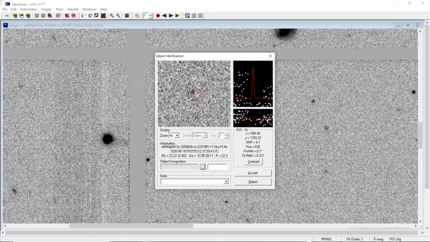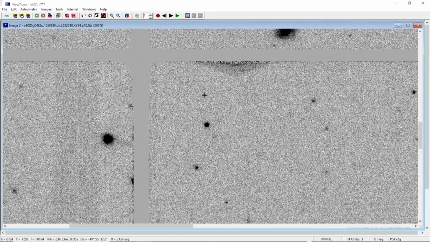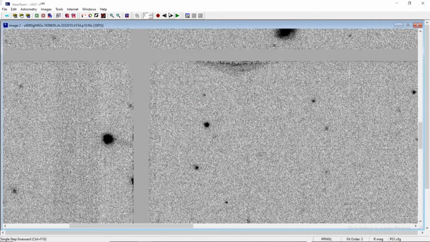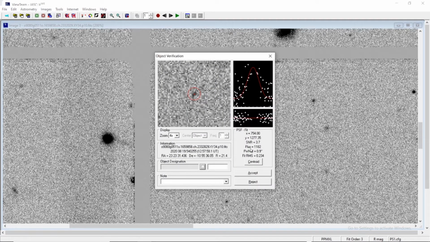Let me see. Now you see this is the object that you saw was seemingly moving. R value is 22.3, SNR is less than 5, and the graphs are very poor, very spread out. So let me go for image number 2. In this image number 2, if I click over the object, the graphs now seem a bit okay, still a bit spread out, but SNR is 3.9. In the previous it was also less than 5, here also it is less than 5, R is 21.5. So now let us see what lies in store for image number 3. Again graphs are a little spread out, but okay, but see how low the SNR is, again 3.7.